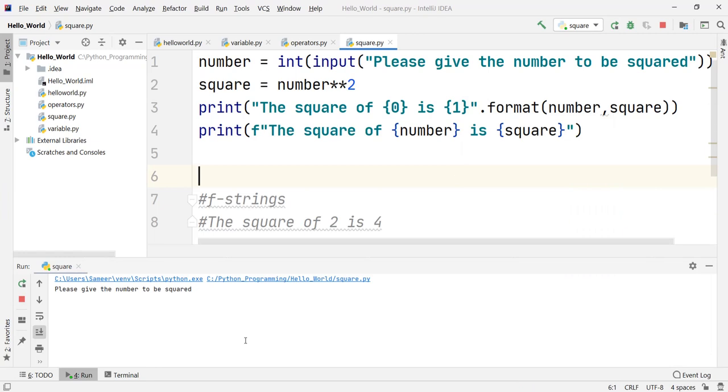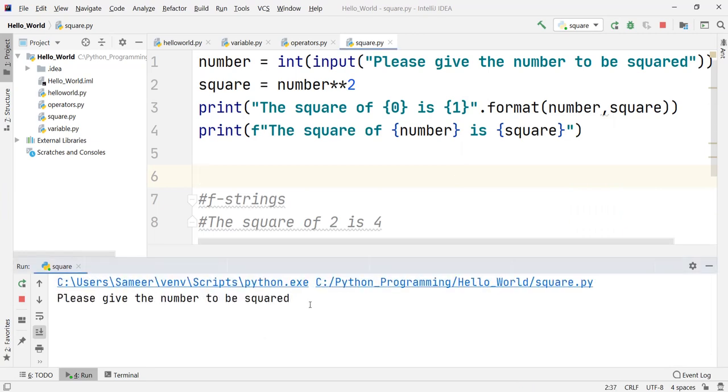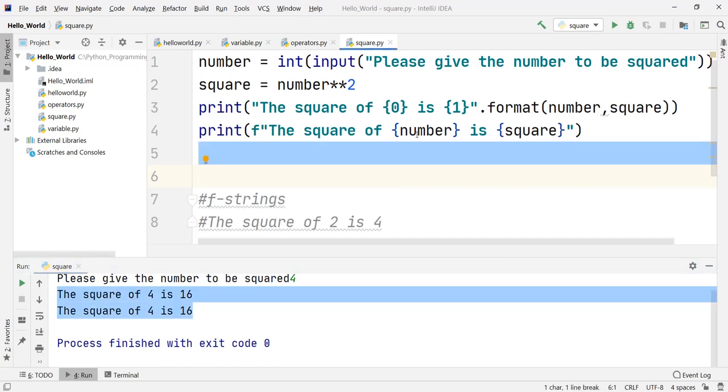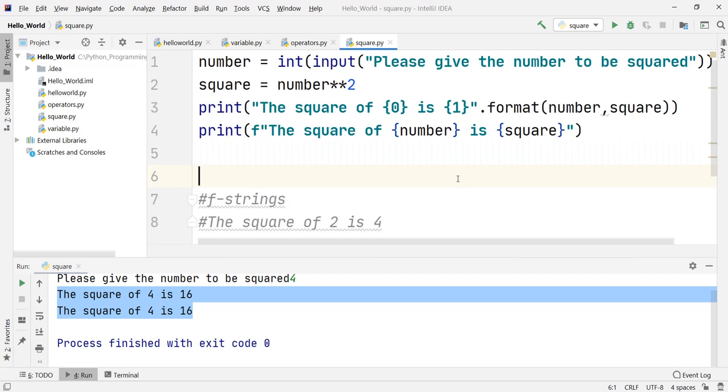Let us first see whether we are getting the same result or not, and then we will talk more about it. Suppose I put 4 here, it is giving me the exact same output, right? So this and this will give me the exact same output. But the problem with this method, and the reason I have not focused much on it, is that it is not compatible with versions before 3.6. Any version before Python 3.6 will not support it, and you may work with code of the 3.2 or 3.4 version. If you are using those, this will not be supported.